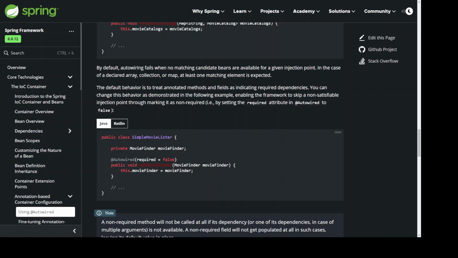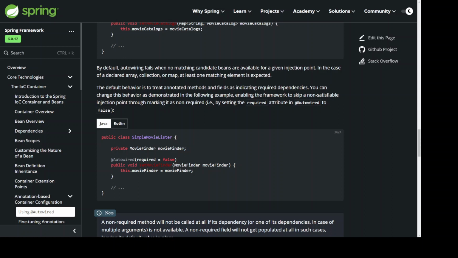You can change this behavior as demonstrated in the following example, enabling the framework to skip a non-satisfiable injection point through marking it as non-required, i.e., by setting the required attribute in @Autowired to false. public class SimpleMovieLister { private MovieFinder movieFinder; @Autowired(required = false) public void setMovieFinder(MovieFinder movieFinder) { this.movieFinder = movieFinder; } }